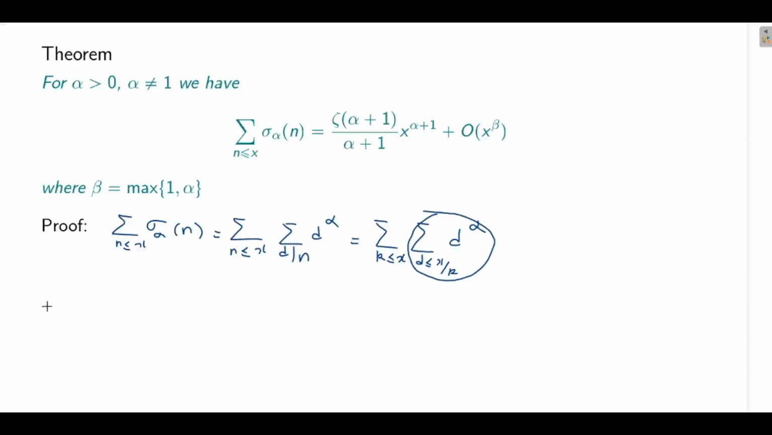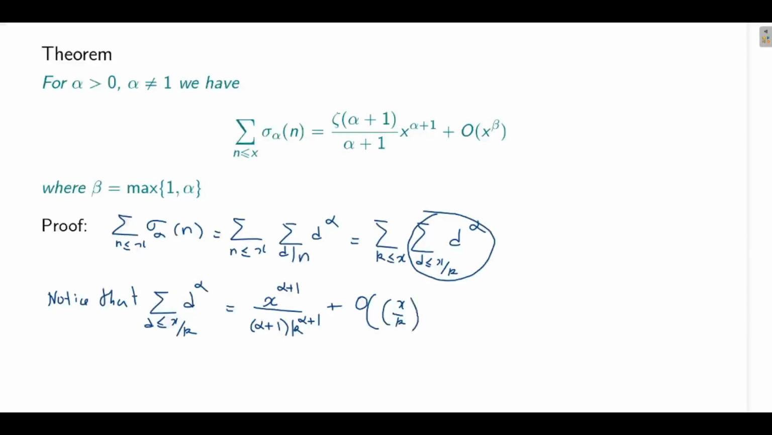This we have got in the result in the previous chapter, so notice that summation d less than or equal to x by k, d raised to alpha, this will be x raised to alpha plus 1 upon alpha plus 1 times k raised to alpha plus 1 plus big O of x by k raised to alpha. Okay, so this is what you will get,